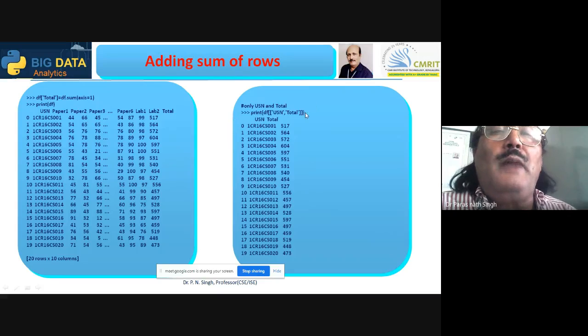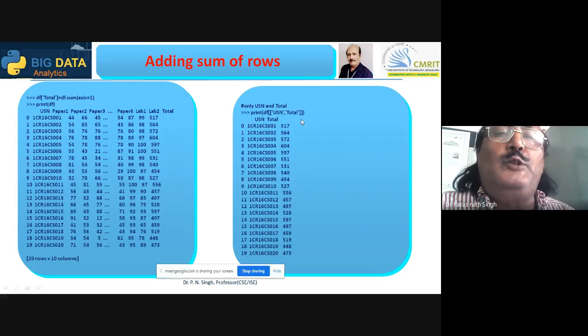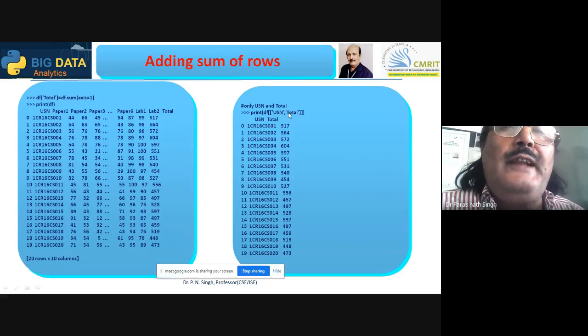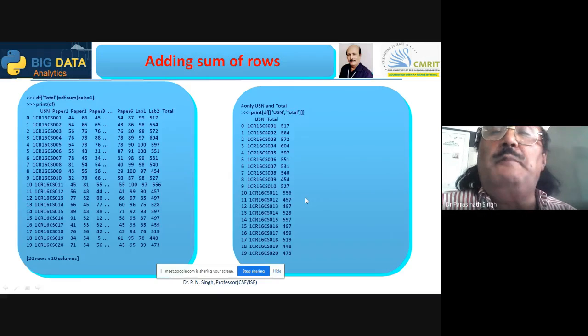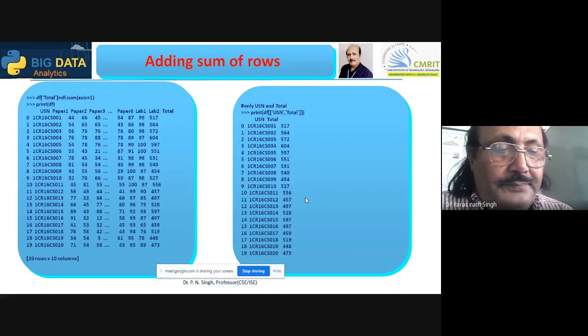So I have added another total field in the data frame and wanted to display only the total. So it is displaying the USN and total. We have written here df, again USN and total, so those marks are displayed here. Okay, Joshua? Yes, sir.